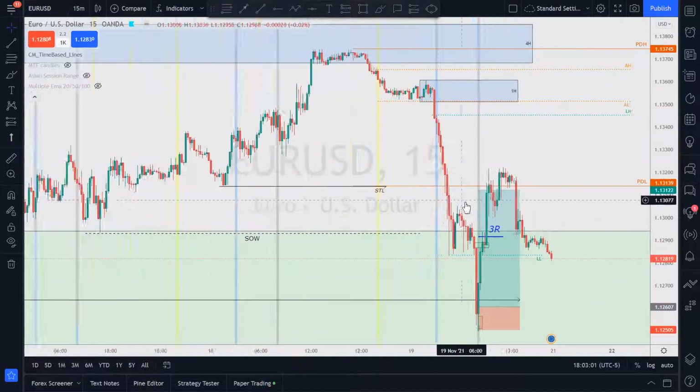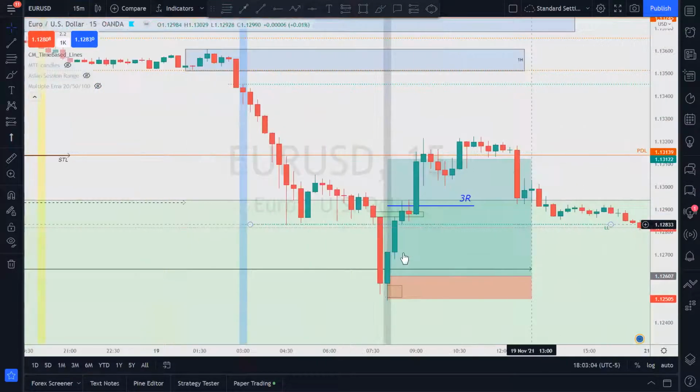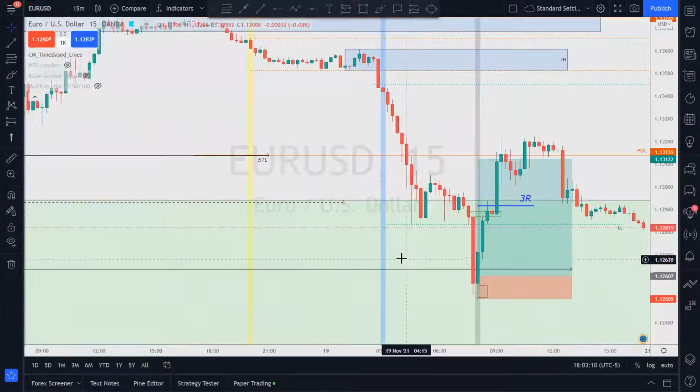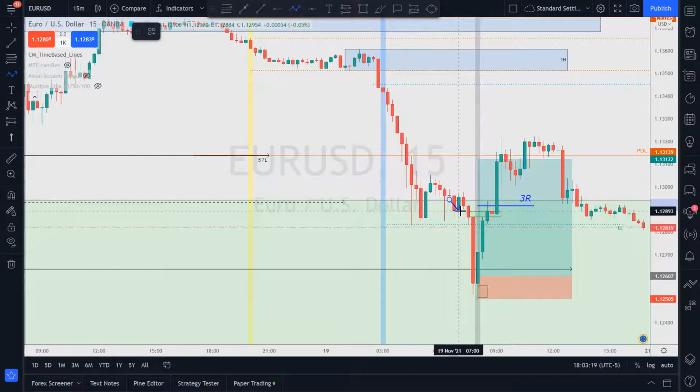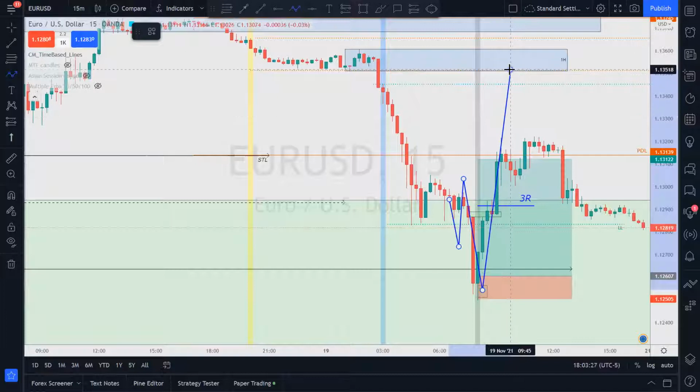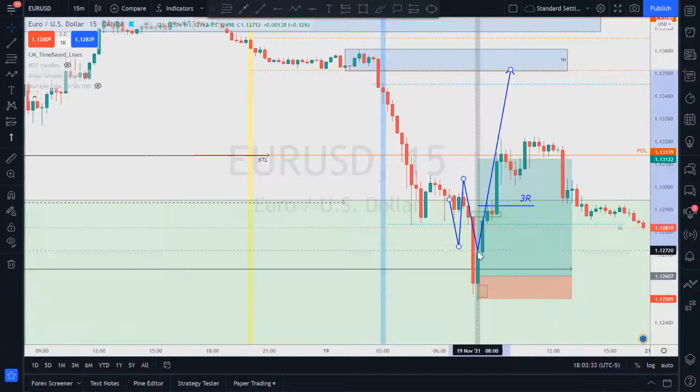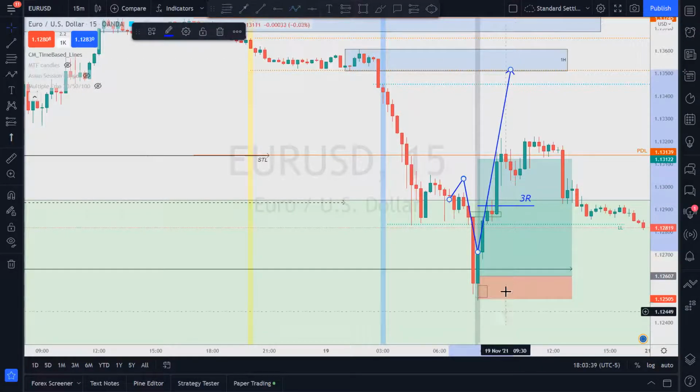Where I left off was right about, all right, on the 15-minute. And I was talking about maybe price, what did I have? I had something like this. I said maybe price will pop up or pop down, something like this, right? But I didn't go down this far. I remember I had it coming up and then down and then up, something like that. Anyway, it did come down though.